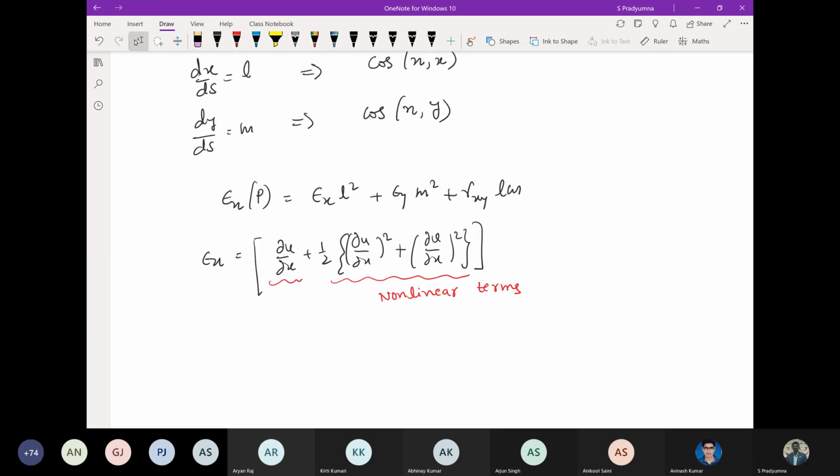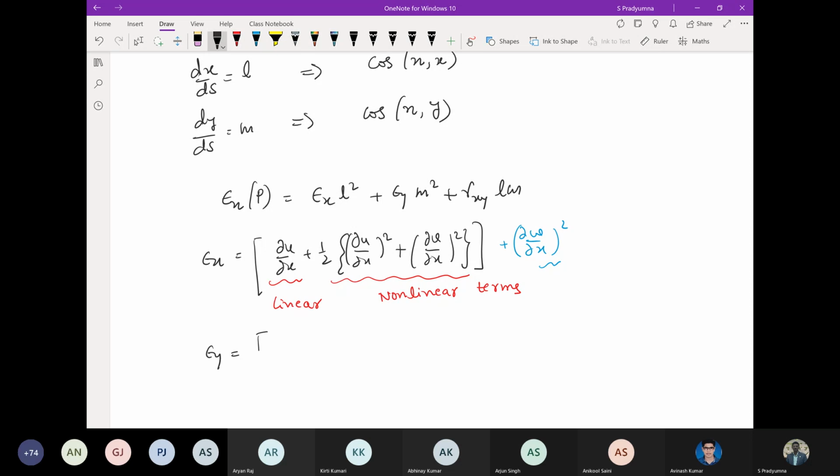I have taken in one plane. If you consider it in a 3D coordinate system or Cartesian system XYZ, there will be one more, that is plus dou w by dou x square term also will be there. But we have not considered that because we have only considered XY plane, not the Z direction. If you consider that, then there'll be an additional term also. So to avoid the complication of adding this, we have not considered this, right? So this is the nonlinear term. Similarly, this first term is the linear one, and second is the nonlinear term.